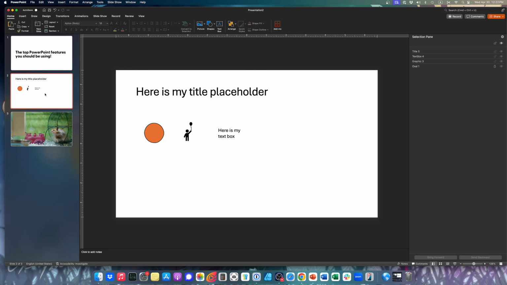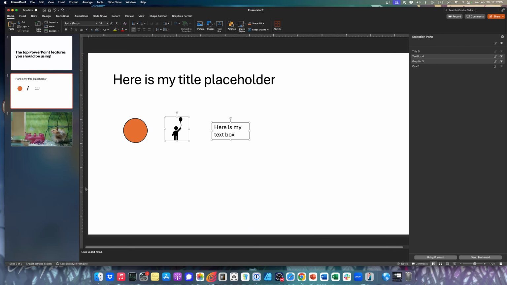Now, the other thing that the selection pane shows you is what's called the layers of your object. If you've used any type of design software like Photoshop or Affinity Designer or Illustrator, you're probably already familiar with layers, and that's what this shows you. It will show you layers and groupings and things like that. So why is that so helpful? Because when you're working on a slide like this and you have a canvas, you see everything, right? So it almost looks like everything is on the same level,